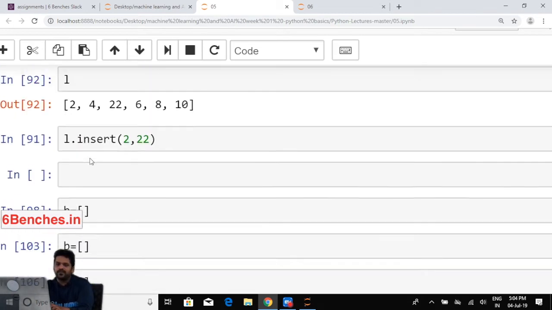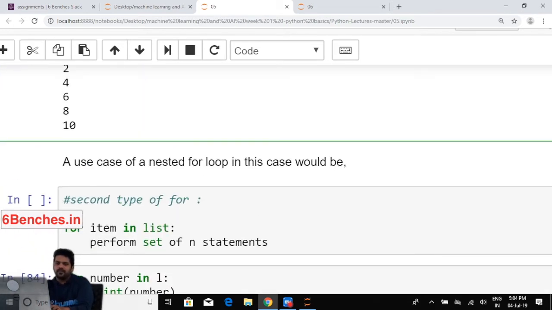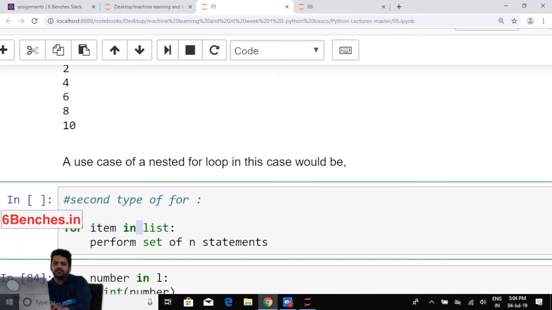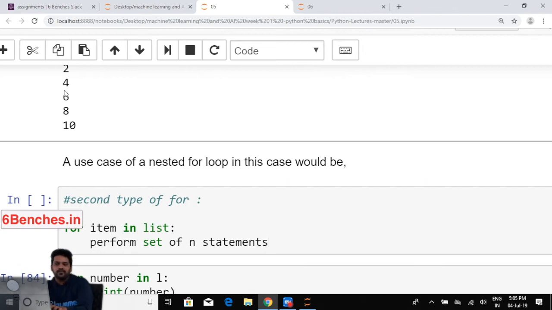Yeah, so the second type of for loop, the syntax is this: for item, and this is mostly used for data structures or to iterate through data structures themselves. The syntax is for item in list, perform a set of n statements. There we had for I in range of length of list. Here it is just simply for item in list. For example,